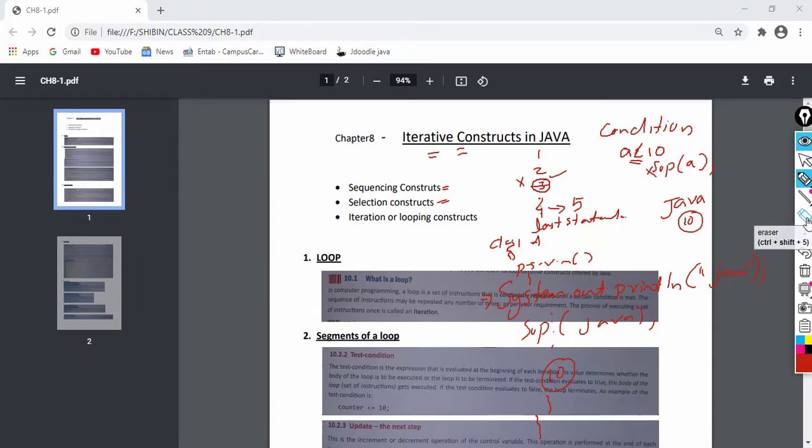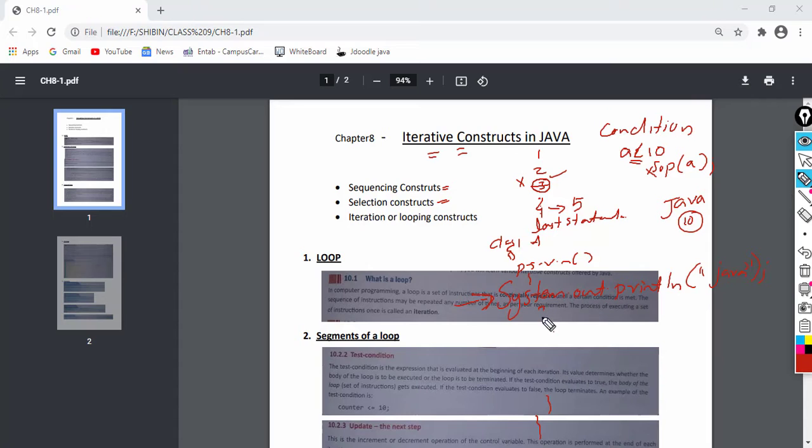So instead, we can use a loop. Instead of repeating this SOP 10 times, we can make use of a loop. That loop will execute this one statement 10 times.